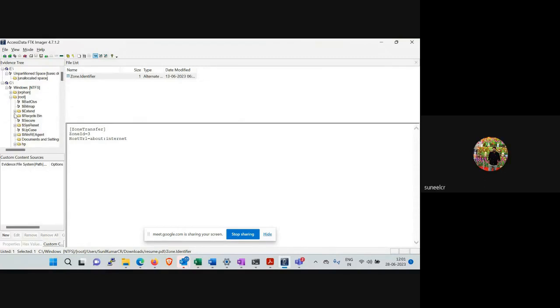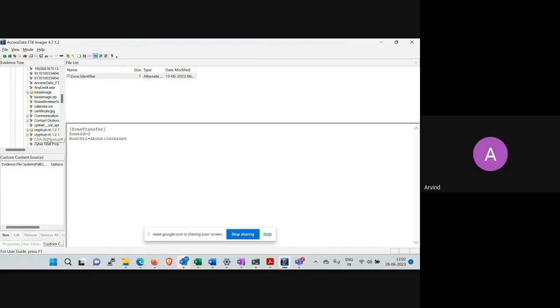Okay, so I installed FTK and I have uploaded my Windows logical drive, C drive. Then I went to user Sunil Kumar, downloads, and I selected one file. But it is showing Zone 3. Zone 3 means, yeah, that is, he didn't